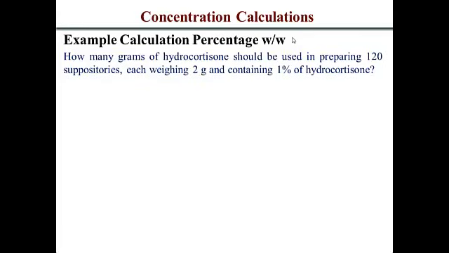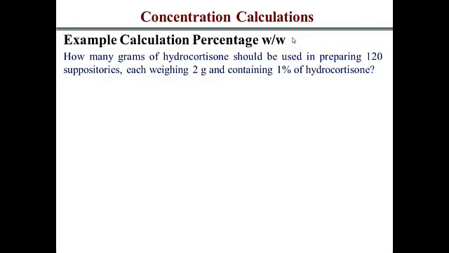So let's look at an example of a percentage weight by weight. It says how many grams of hydrocortisone should be used in preparing 120 suppositories. And now each of these suppositories weighs 2 grams and the percentage strength is given as 1% hydrocortisone. So how do you process this question in a way that you can delineate all the key information required